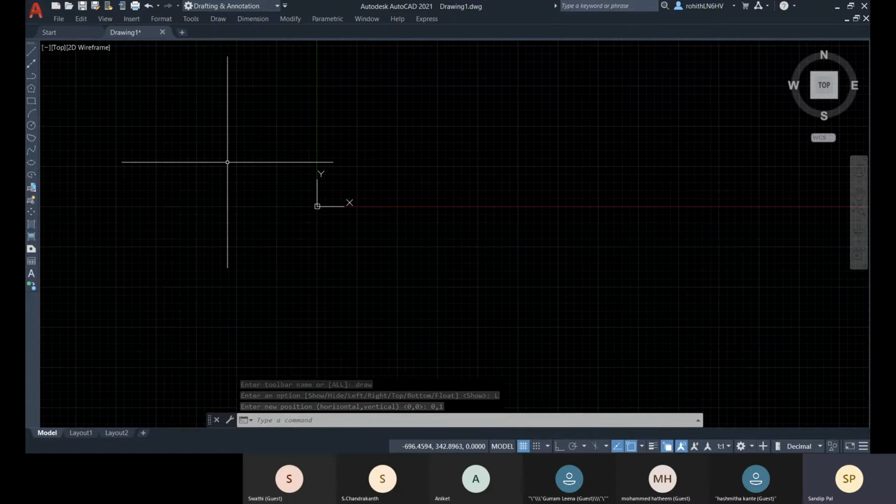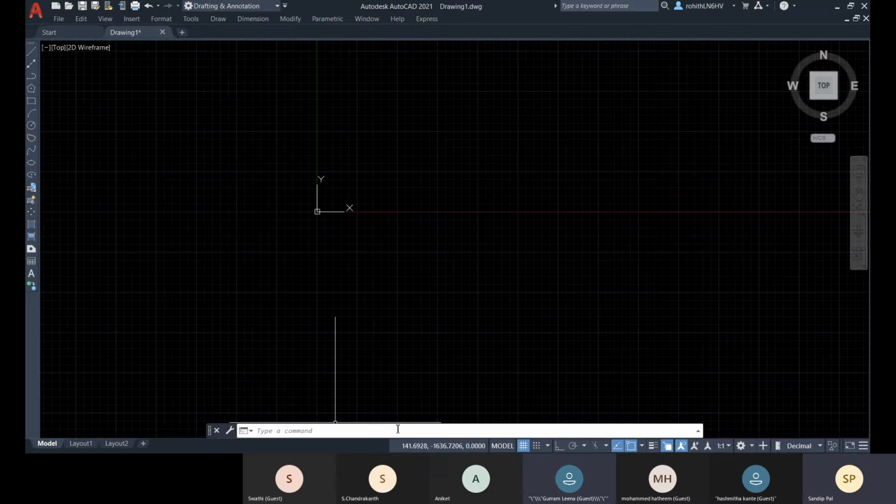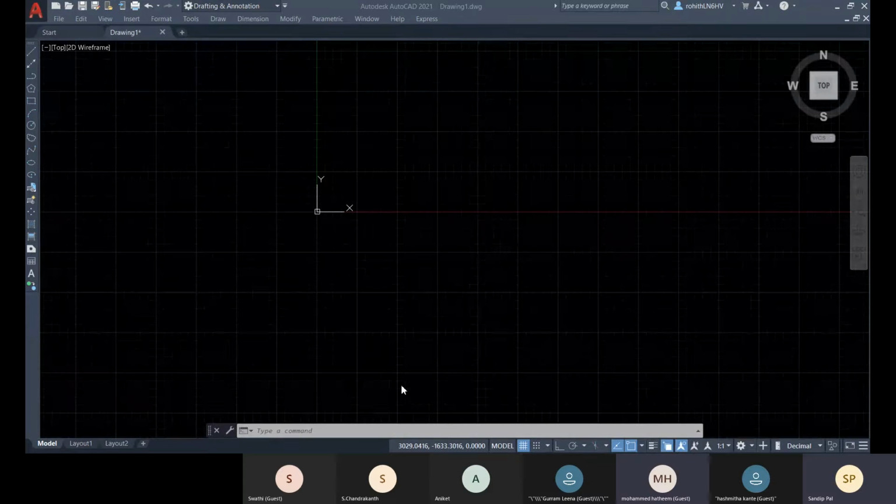Do you want to say something? Sir, your full screen is invisible. I can't see your command bar and all. Okay, is this the same problem for everyone? Can you all see the command panel or command line window, or are you facing the same problem? Sir, I can see, sir.